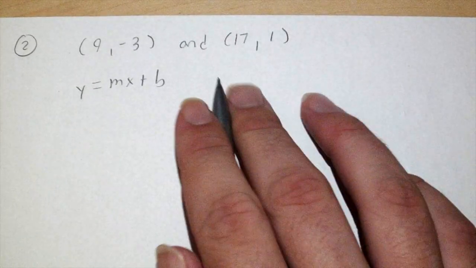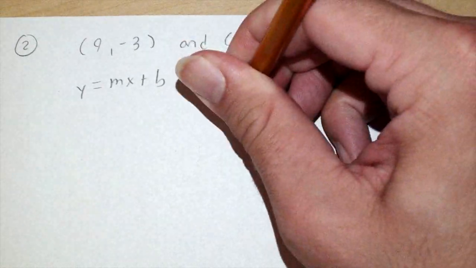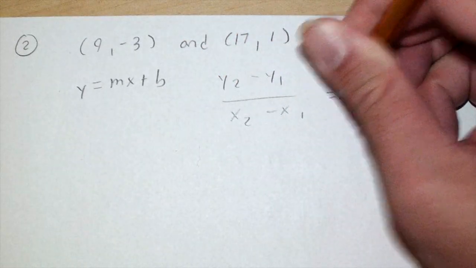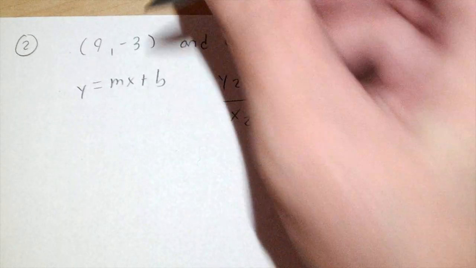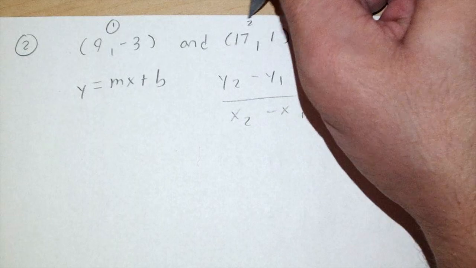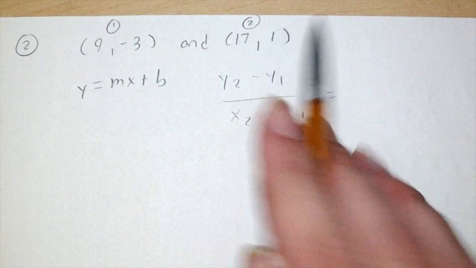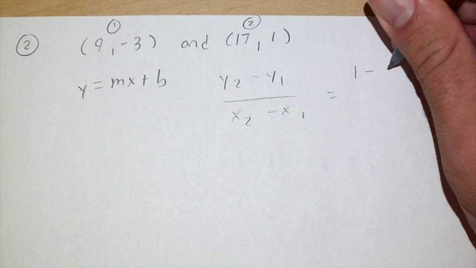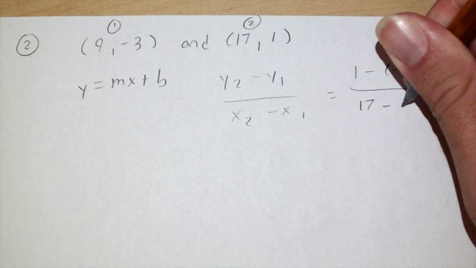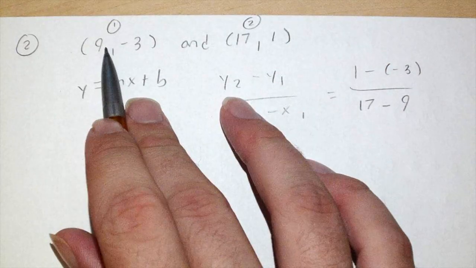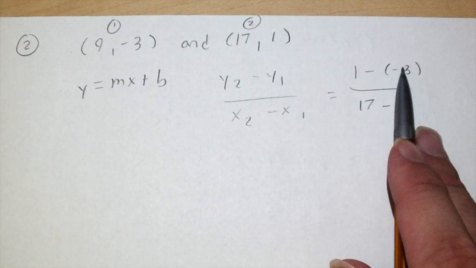So if we're going to use our slope formula, all we ever need is 2 points, and we're just going to plug these in. So think of this as point 1, and this is point 2. Sometimes that helps students. So y2, this is x and y. So 1 minus -3, and 17 minus 9. So this one always before this one. And then I always put it in parentheses because it's always minus, and if it's a negative, that's going to